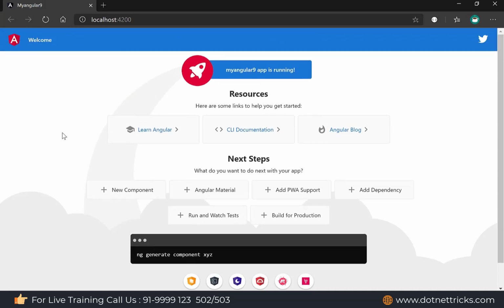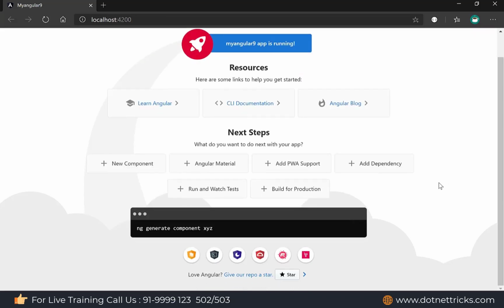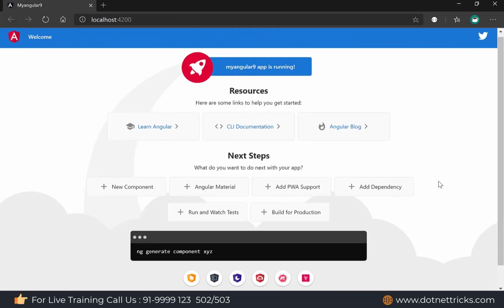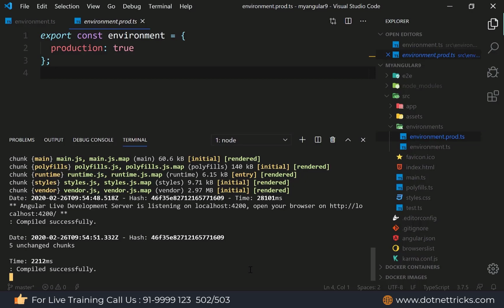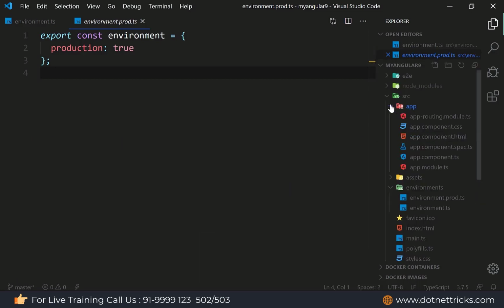Starting from Angular 8, actually, they changed the welcome page for Angular. In Angular 5, 6 and 7 we have a simple Angular logo with some text, but this design is useless for us because we are not willing to use it. When you build your application, you will use your own template, your own design. Same thing I'm doing here.